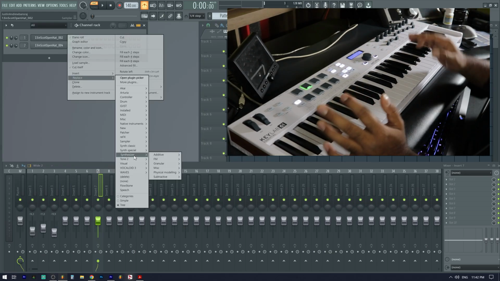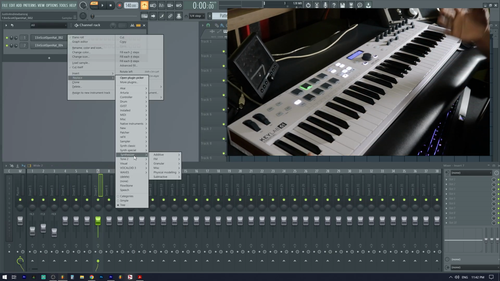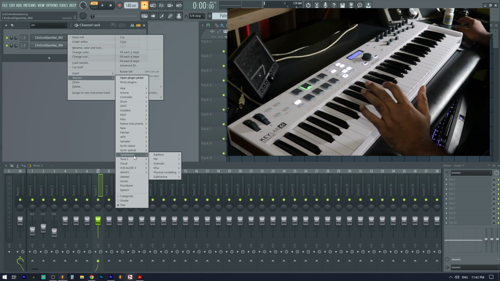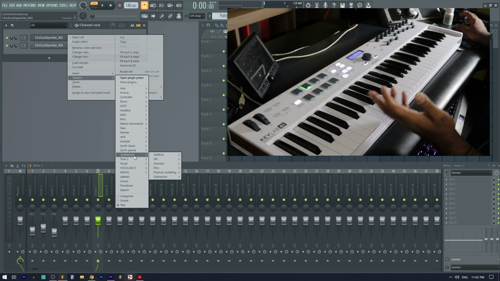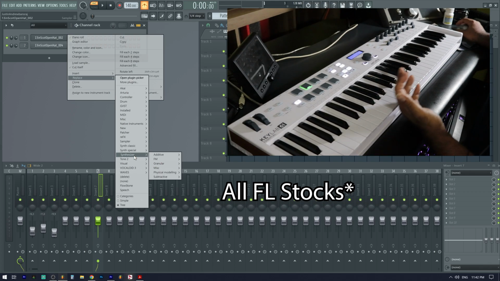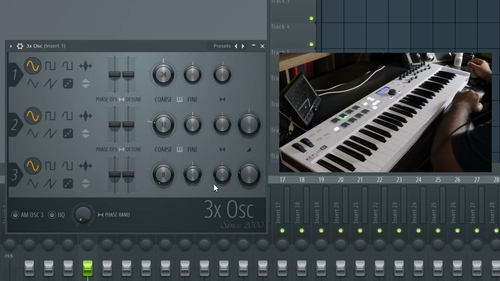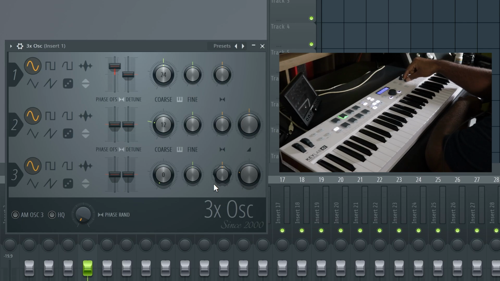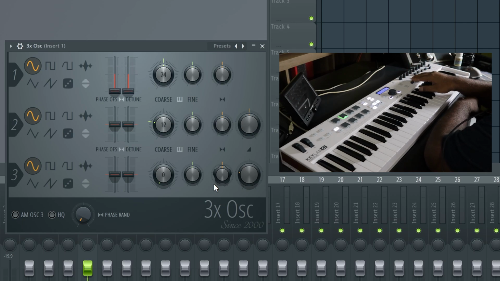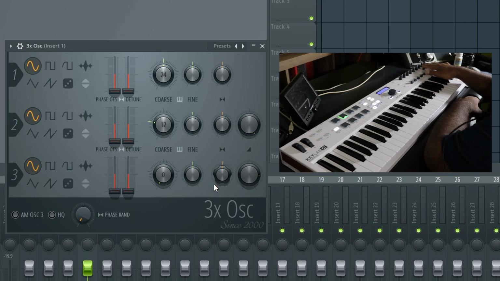So if I were to go to 1 and 7, now you're gonna see it's gonna jump between insert 1, insert 7. The cool thing about finding the scripts for your keyboard and putting it into FL Studio is that you're gonna be able to have some integration with some of these sounds. Well, not some, but pretty much all of them, I think. We have the 3X oscillator. You can see the faders work specific parts of the interface, right?